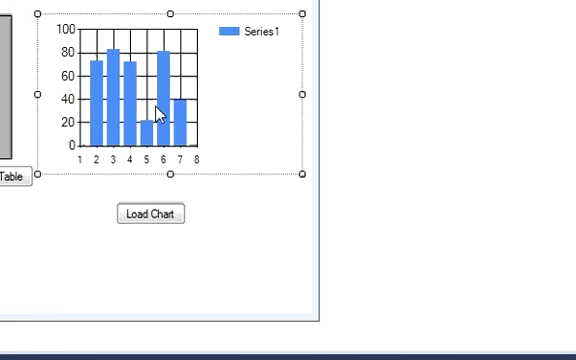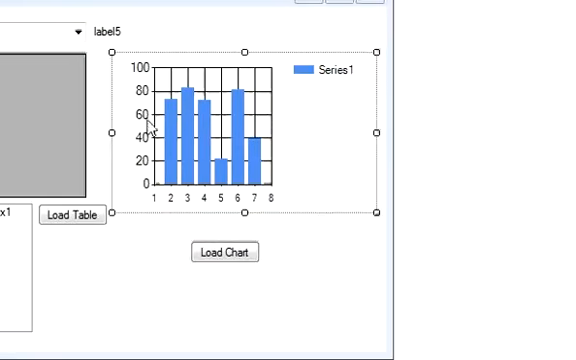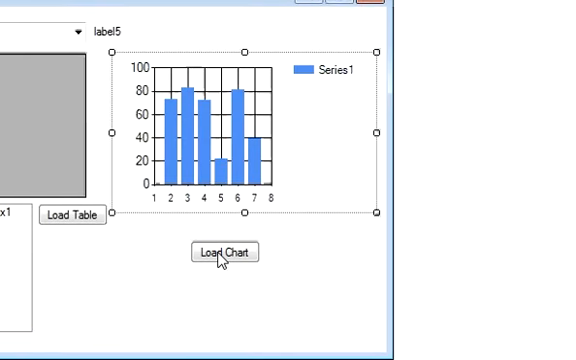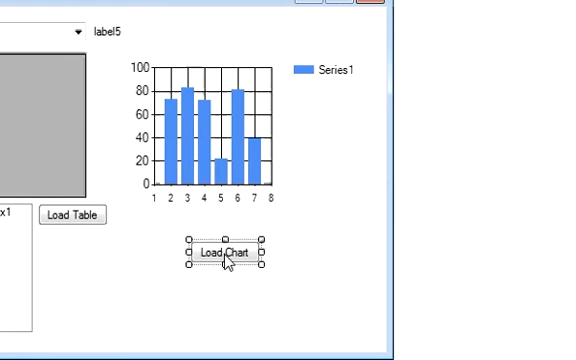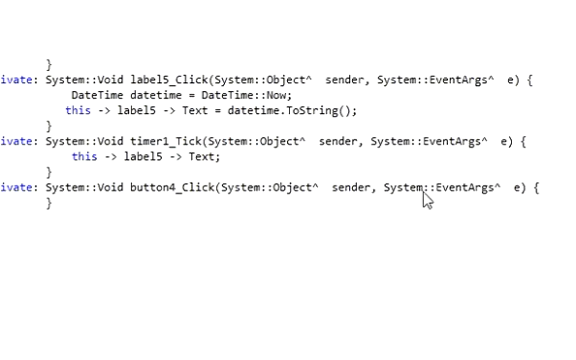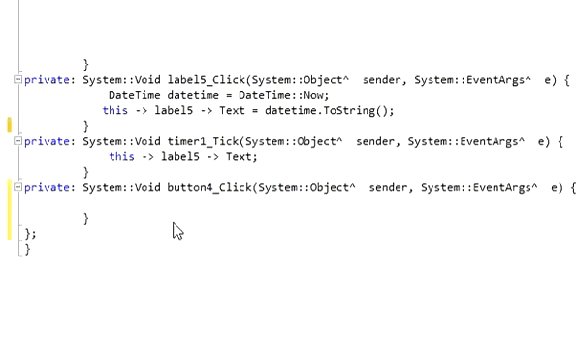And suppose I want to show some bar chart on this chart panel. How can I do it? For example, I want to show a name versus age bar chart. So I will click this load chart button, double click this, and go to the event of this button to load the chart,